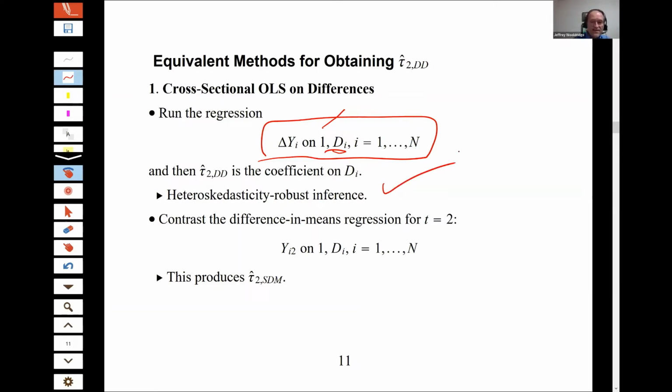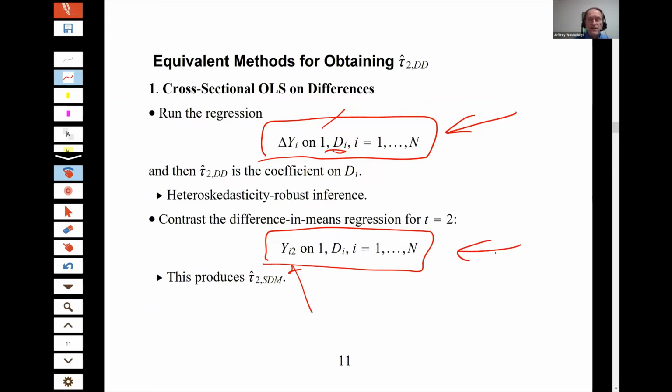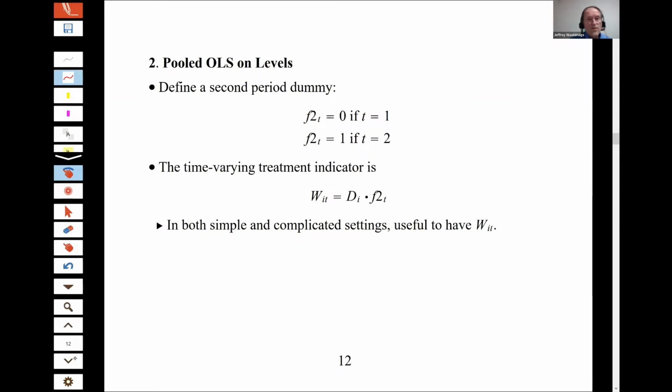By the way, we can contrast this to the simple difference in means, where we regress the level in the second period on a constant and the treatment indicator. So you can see we're using the change here and we're using the level here, and it isn't any deeper than that. Okay, so a second one, which is not as clear,